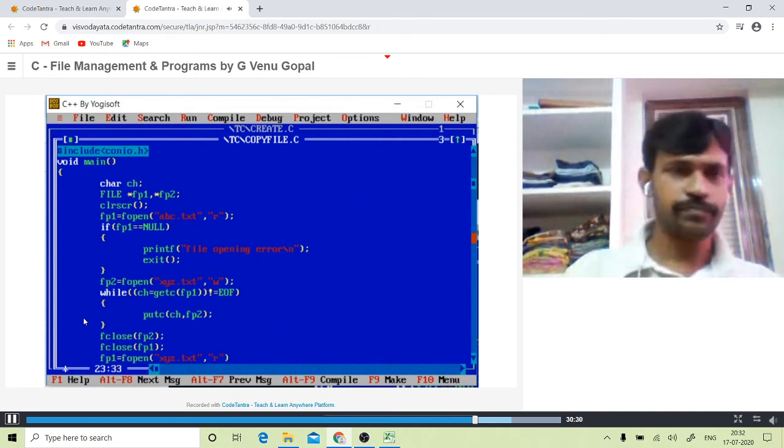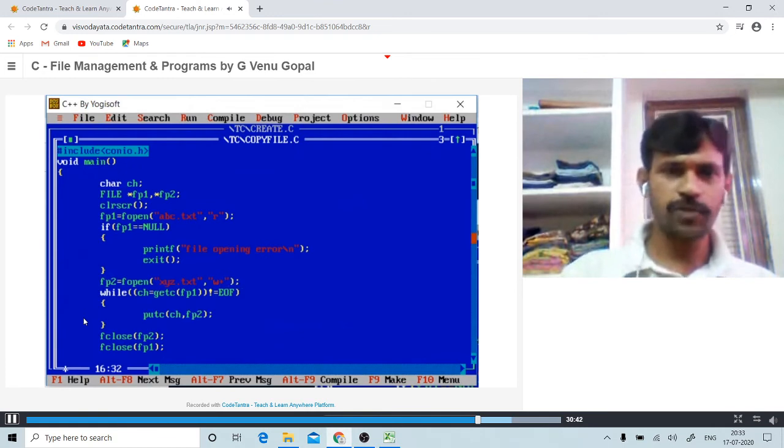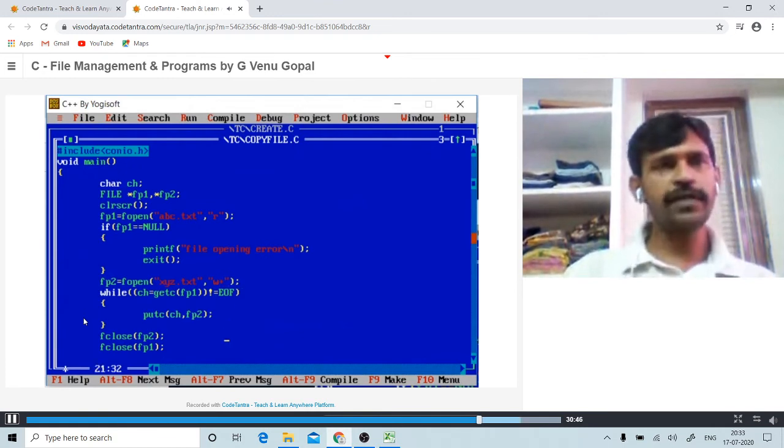Or else we can do something else. Let us do it in another way: instead of opening the file in W mode, I would like to open it in W plus, so that we can perform one more operation. W plus means write the contents to the file and then immediately you can display the contents of the file by just placing the pointer at the beginning.